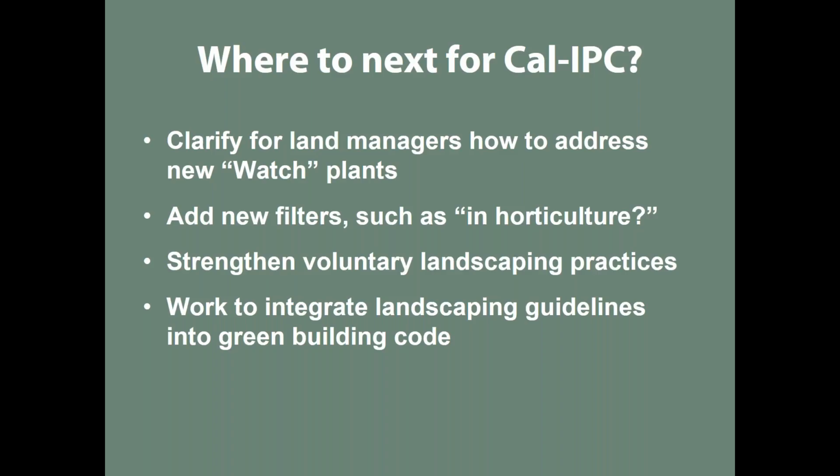We want land managers to have some guidance as to how they should treat these species in terms of their prioritization. In terms of how we present the information, like on the website in a table, it's currently sortable and filterable in many different ways, but we want to add some new filters, and one in particular that will help with